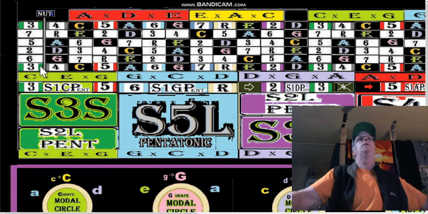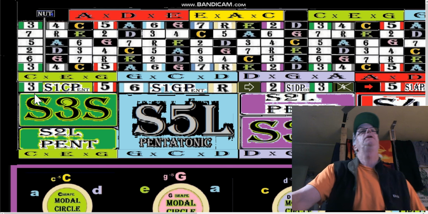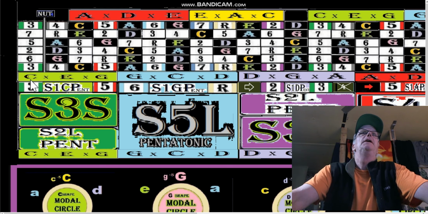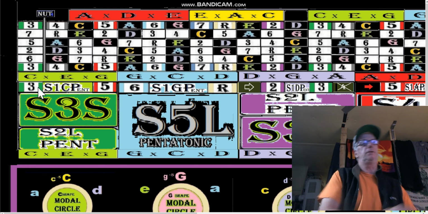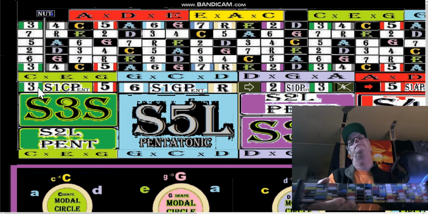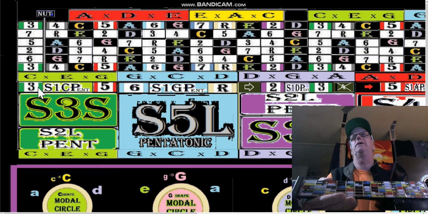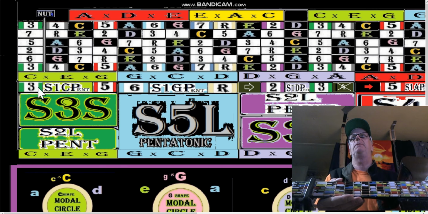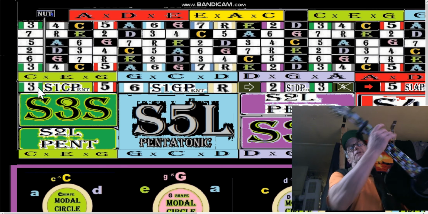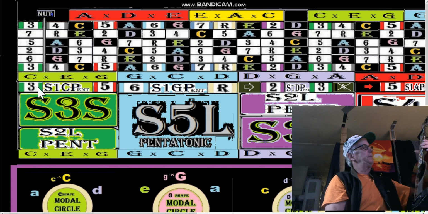So this is the color pattern, and this is the reason why this is green, and this bar is green, because we're looking at a green note there, and that is the E. So the E is green, the C is green. You can see some green notes on there. I can't point them out easily. And some of them are dark green and some are light green because